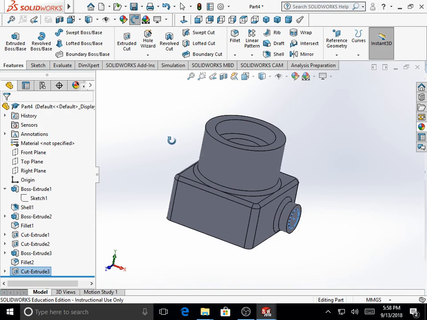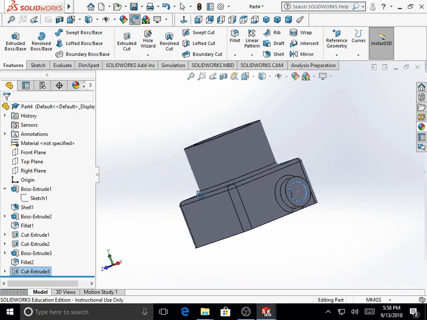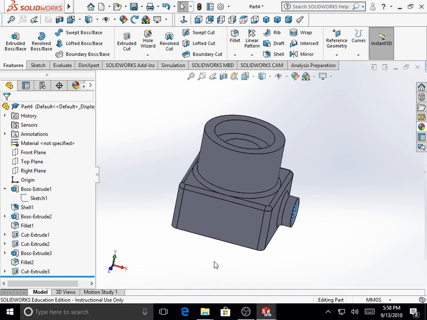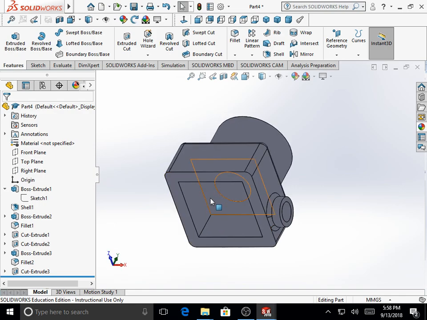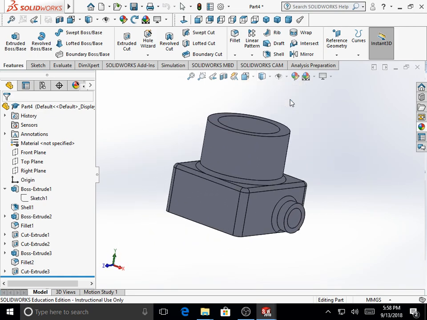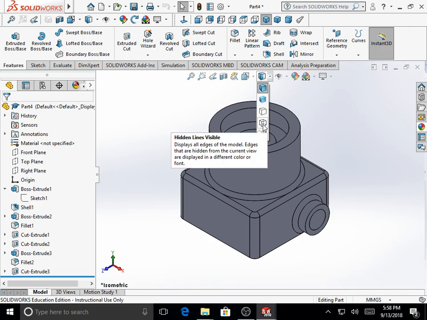And you may rotate the part to have a look at all the features that have been made in this particular housing body. We have some sharp edges on the inner faces of the base. Let us try to add a fillet to those. Let me make it an isometric view. We turn on the hidden lines inside by going over display styles, hidden lines visible,